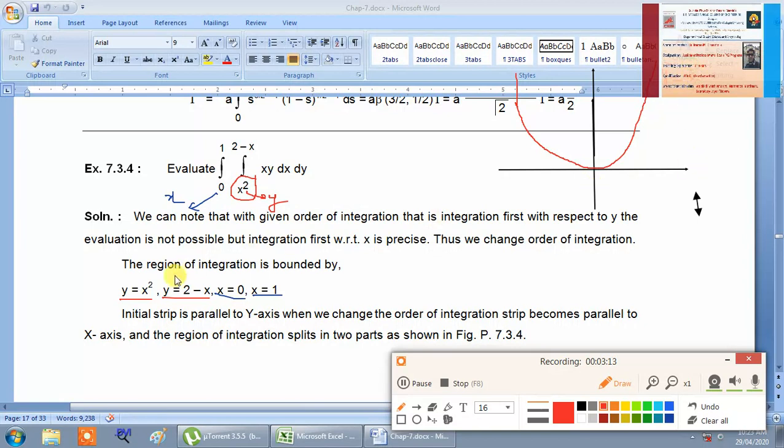Now let us go for the second curve. The second curve is y equal to 2 minus x. Y equal to 2 minus x represents a straight line. Why is it a straight line? Because the power of x is 1, the power of y is 1, and x and y are not in multiplication. Therefore it represents a straight line. It looks like y is equal to minus x plus c, so it is of the type y is equal to mx plus c. Here m is equal to minus 1, so the slope of this line is minus 1.